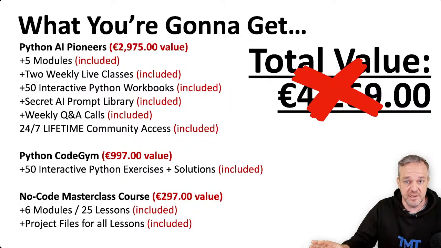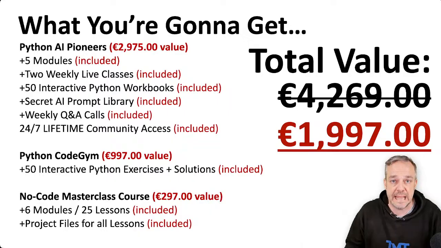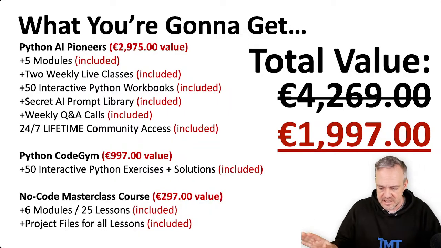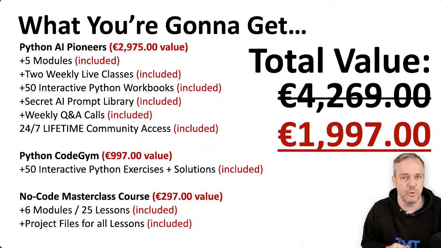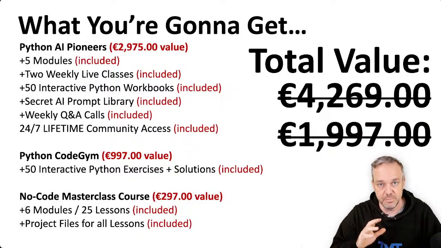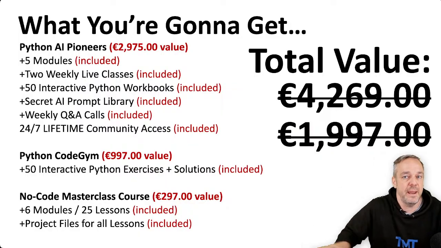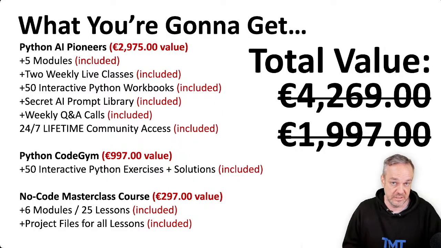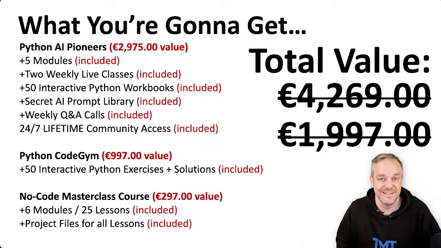You see, the regular price for the Python+AI Pioneers class, when you go to my website, is 1,997. And honestly, for everything that you're getting, the live training calls, the personal support, all the bonuses, I think that's already a steal. But because you're here in this class, you're not going to even pay the regular price of 1,997. Because you took the time out of your busy day to learn with me, and I want to